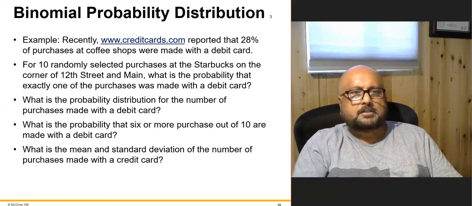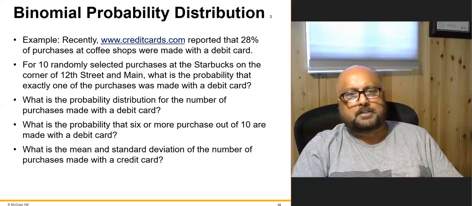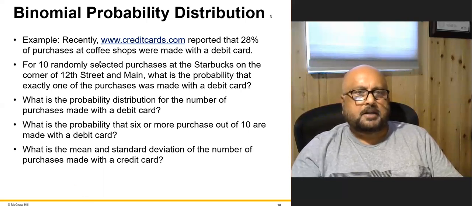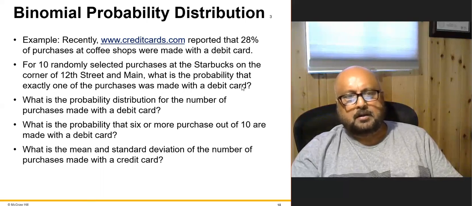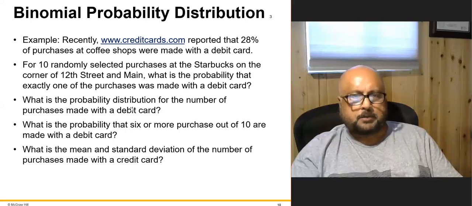Here is an example. creditcards.com says 28% of purchases at coffee shops were made with a credit card. You have to calculate something here: for 10 randomly selected purchases at Starbucks on the corner of some place, what is the probability that exactly one of the purchases was made with a credit card? So we need to look at the probability that exactly one of the purchases is a credit card purchase. And then we also need to find the probability distribution of the number of purchases made with a credit